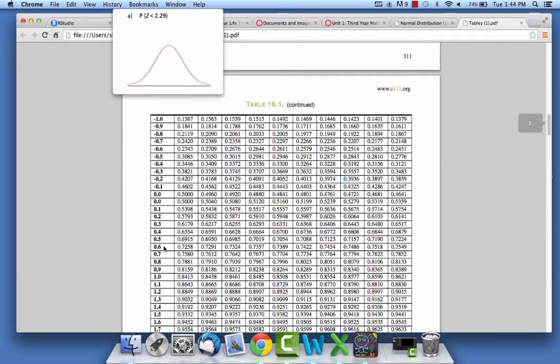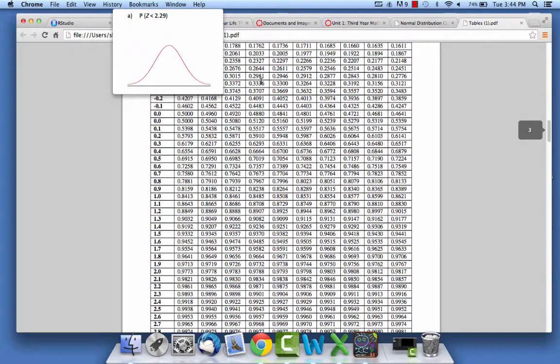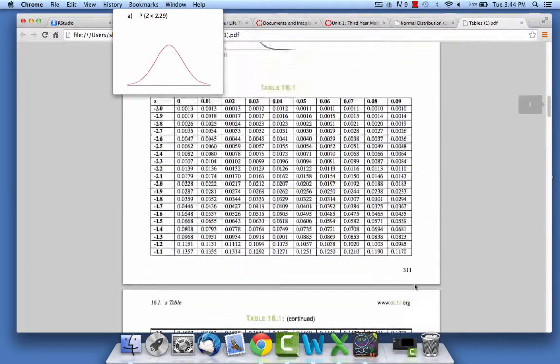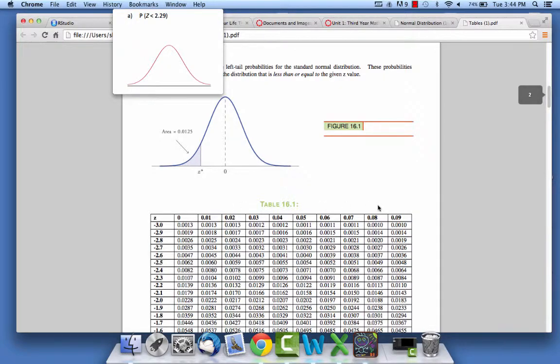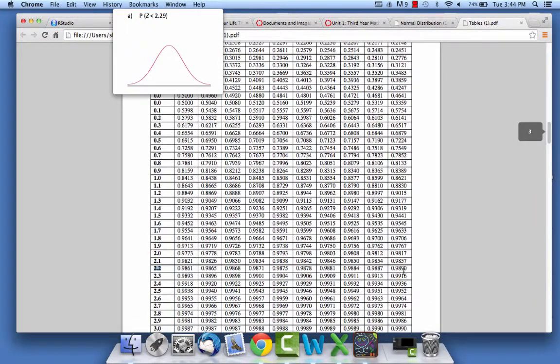First I find 2.2 on the left-hand side. This is like a stem and leaf plot, right? 2.2 is there. And then 9 is the last one. You can look up here, it goes 0, 1, 2, 3, 4, 5, 6, 7, 8, 9. So 2.29 is right here, 0.9890. Now you do the next one,